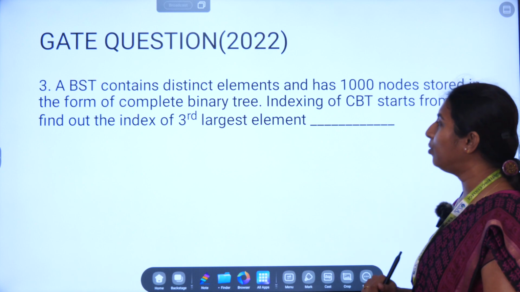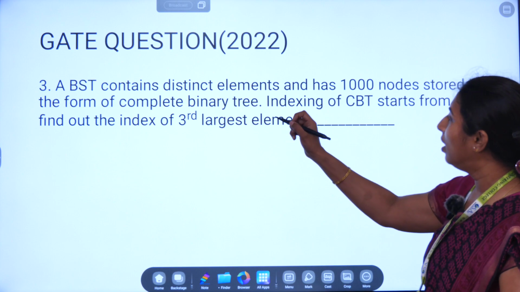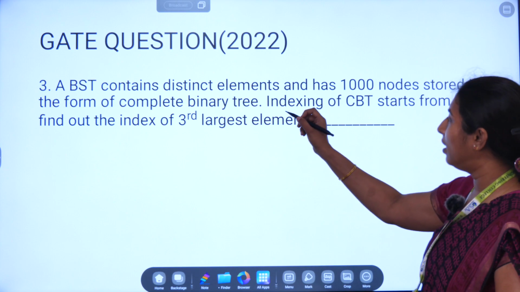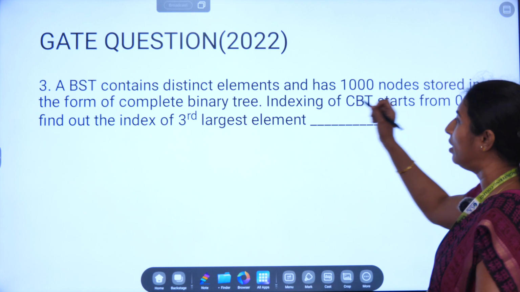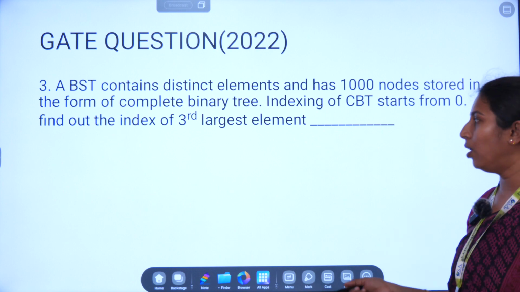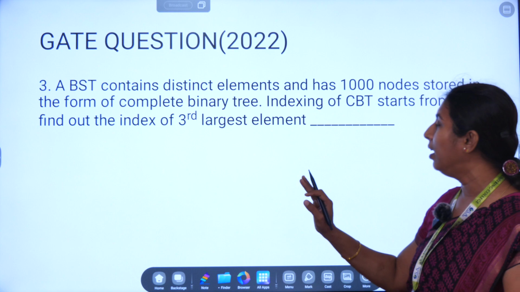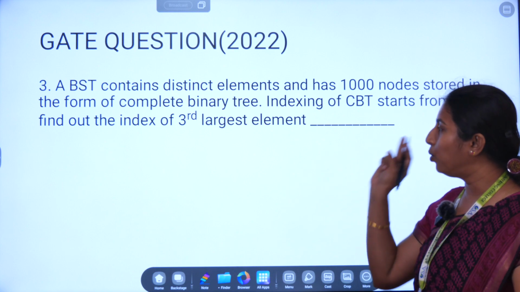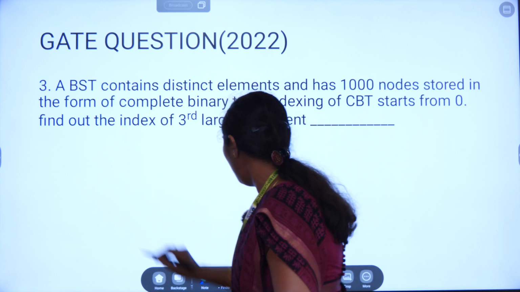So the next question we are going to discuss is this: a binary search tree contains distinct elements and has 1000 nodes stored in the form of a complete binary tree. As we already know, a complete binary tree, like a perfect binary tree, can have 2 children for each node. For example,